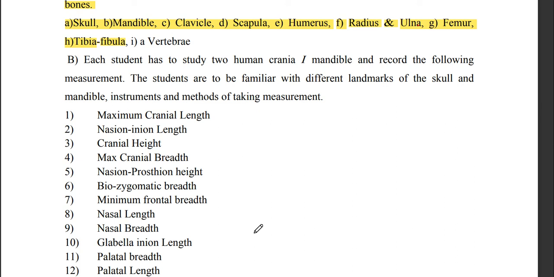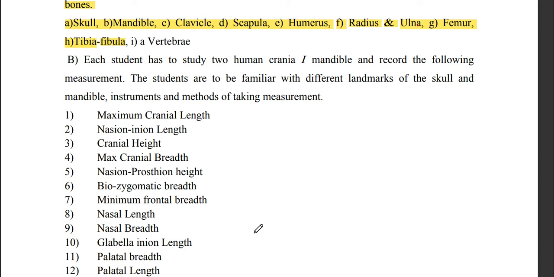Also, when we're using the skull, which is not a living specimen, we use the sharp ends of any instrument that we're using. Whereas in somatometry, when we are taking the measurements on a living specimen or a living person for that matter, the blunt ends of that instrument are used.